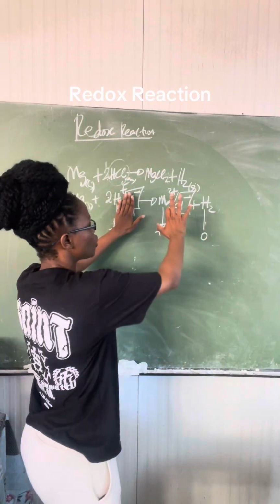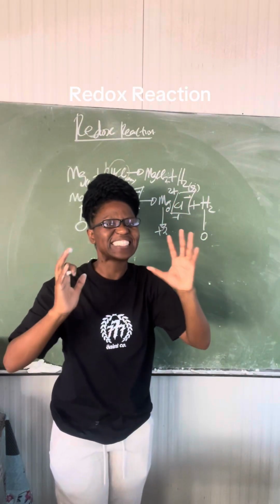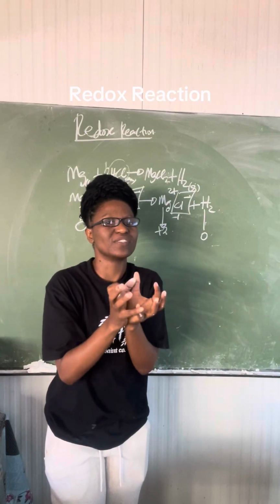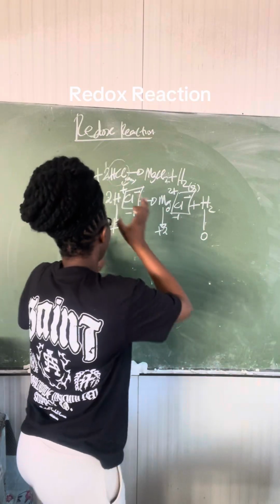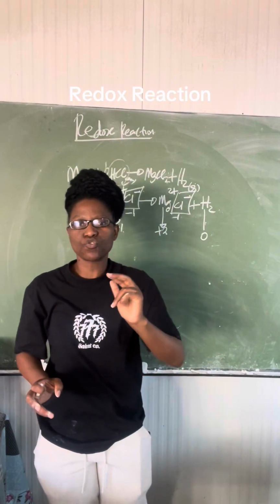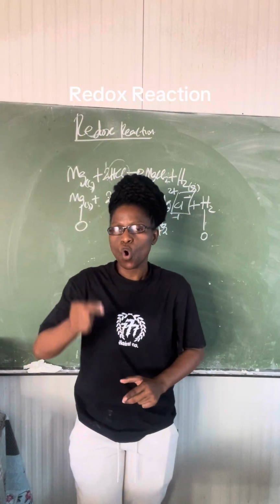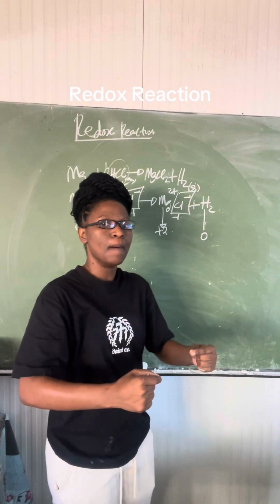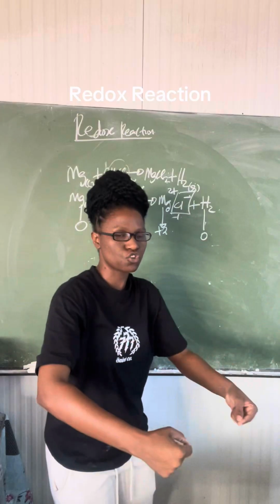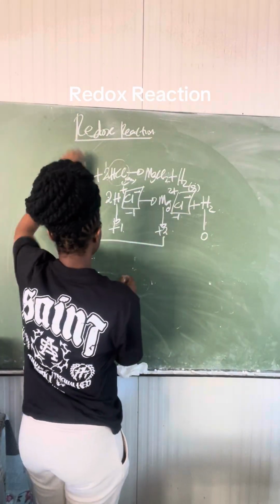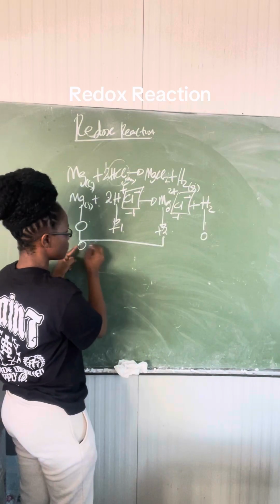Mind you, I said we don't entertain the chloride ions because they are spectator ions, meaning we have to focus on magnesium and hydrogen. Between magnesium and hydrogen, one must lose electrons and the other one must gain electrons. When looking at the oxidation number of magnesium, we can see that we are moving from 0 to